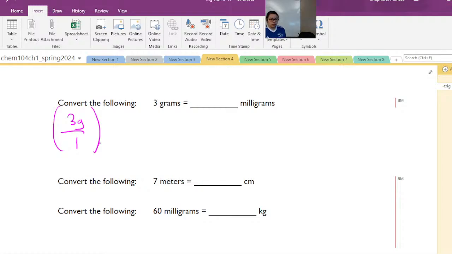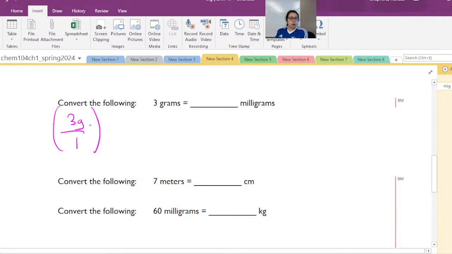So that looks excellent. So write what we started with, and then again picking the appropriate conversion factor. So 1,000 milligrams and 1 gram. And so again, your grams canceled. So I like that, 3,000